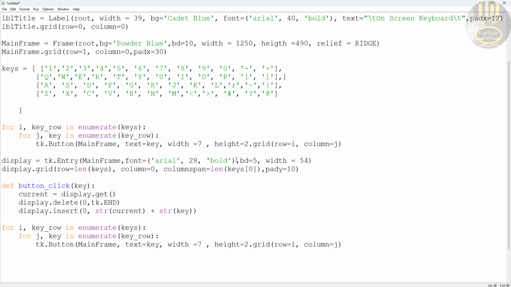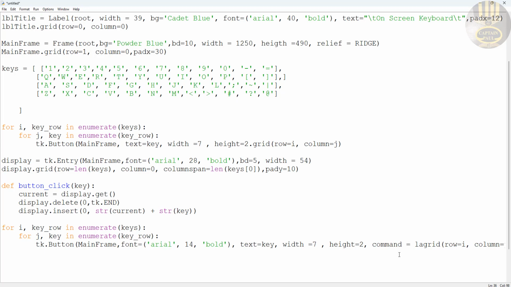Let's come in here and grab all of this and just paste that here and change that to about 14. Now the text on it will be from the keys. The width is 7, the height is that. Then now let's do this. Let's use command here to get hold of whatever we have in there. So I'm going to come in here and type command. Then let's say command